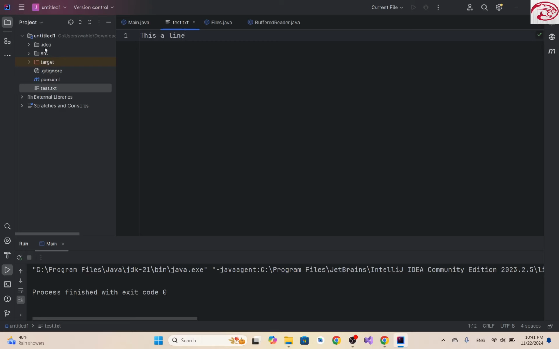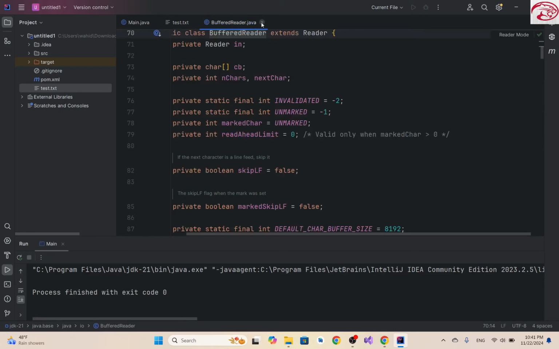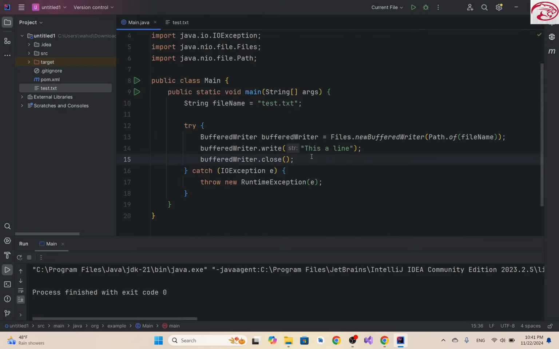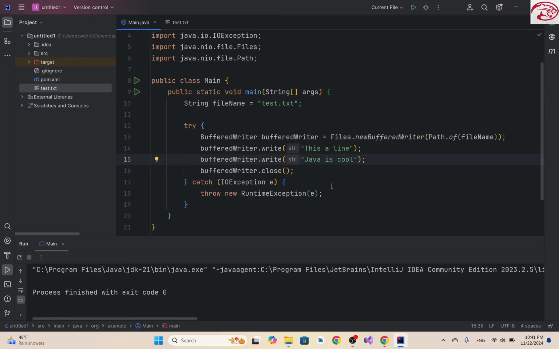Let's try to print something else also. Go to the main method. Let me close this file, and this one too. So let's write another line: Java is cool. Run it. Yeah, Java is cool. In order to print it on a new line, we can put a \n before this line, or